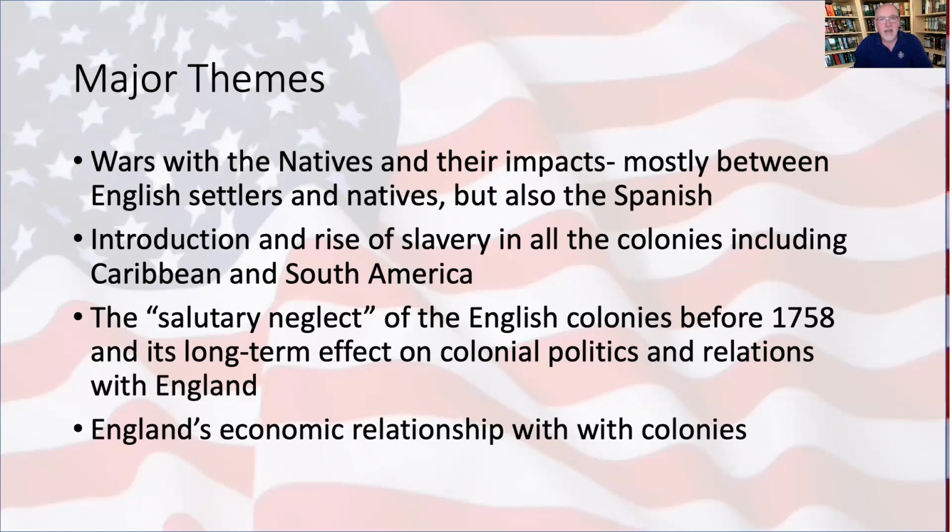If you've ever seen a map of King Philip's War, the native tribes banded together to resist the English colonists and drove them from most of their settlements in western Massachusetts. Similarly, other native tribes have banded together at various times in various regions, which you probably studied about, and had a significant effect on the pace of the colonists settling.